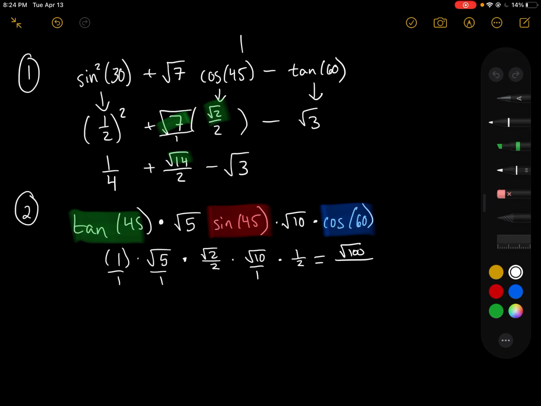So on the top, we're going to get 5 times 2 times 10, which is 100. And on the bottom, 1 times 1 times 2 times 1 times 2 is just basically just 2 times 2, which is 4. So we'll get 10 over 4. We can simplify this down to 5/2, or 2.5. So that's the point of today's video, is using operations with those square roots, using the values we know